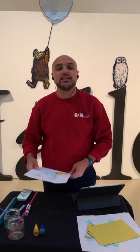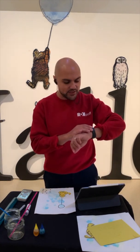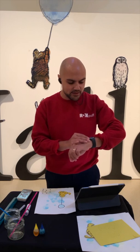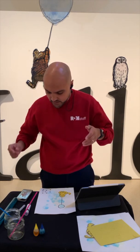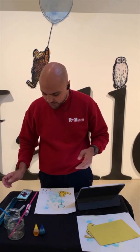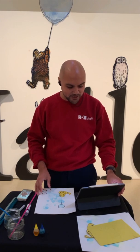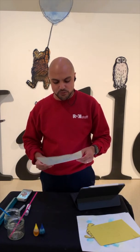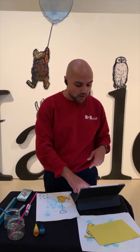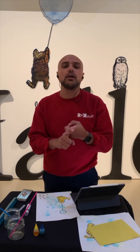So what you need, let's gather all our materials off the bat to make sure that we're all ready. So what you need to do this activity is, oh no, can people still hear me? I'm hoping everyone can still hear me. I'll just speak a little bit louder for now. So, everyone does love Winnie the Pooh. Very cool. Okay, so what you need for our materials are, you need dish soap, or you need,